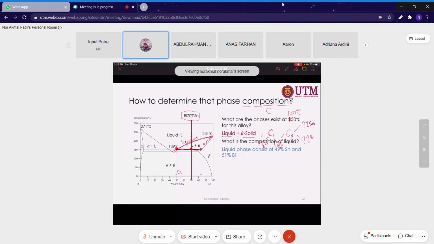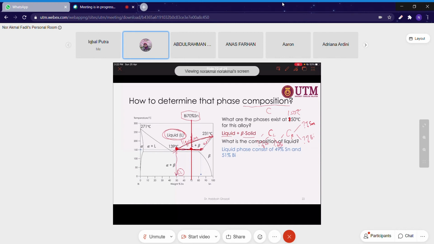Another point here is the intersection between the tie line and the solidus line, or the boundary between the mixture and the beta phase. So automatically this one is the composition of beta. As simple as that. So now Cl is 49%